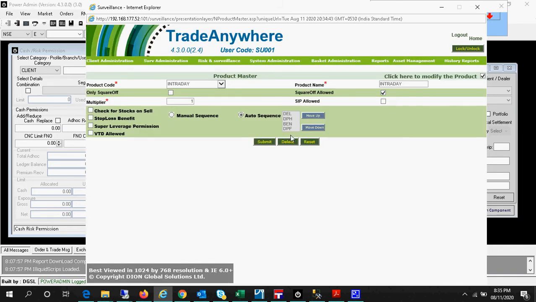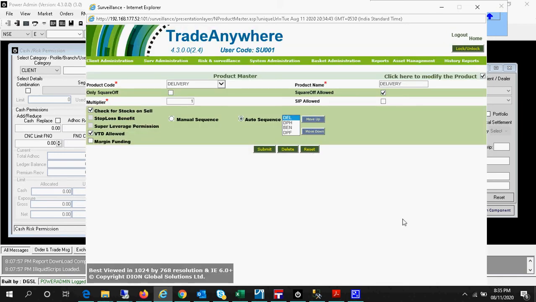So this is the intraday product, same day square off, carry forward, or the carry forward product in the derivative segment. This is super leverage, which has a specific meaning, and delivery. Different permissions are there, and according to those permissions a product or trading account will be created.